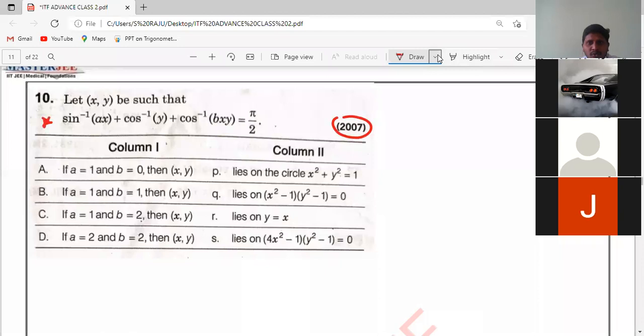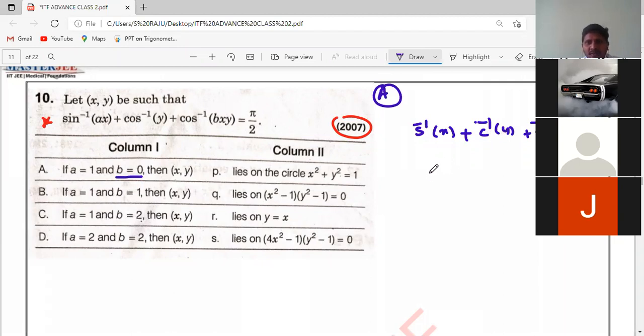All of you observe here, I'm going to do this question, important. See first option. Here also we can match the question when A is equal to 1, B is equal to 0. Then substitute here. Sine inverse X, plus cos inverse of Y cannot be changed. There is no A or B. Plus cos inverse of, what is B value here in first case? B value 0. When I substitute 0, cos inverse of 0 is equal to pi by 2.